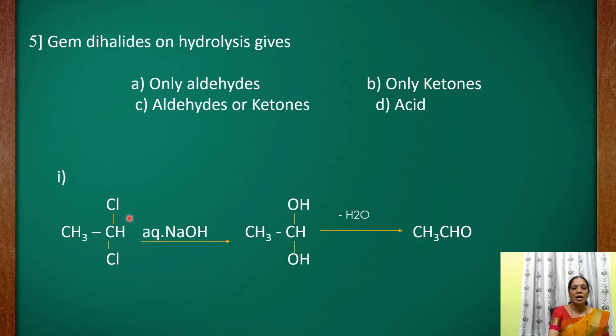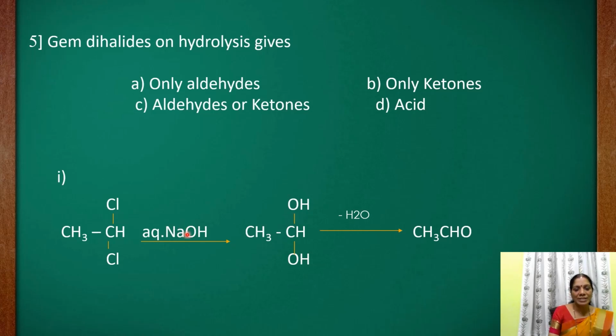Now, here I have written one of the equations. You can see here, 2 of the halogens are attached to what? The same carbon atom. Hence, it is a geminal dihalide. Vicinal means what? One should be attached to this, another one should be attached to this. That is called the adjacent position. Here it is a geminal. See, geminal dihalide. That means a dichloroethane, 1,1-dichloroethane, the IUPAC name, is reacted with aqueous sodium hydroxide.